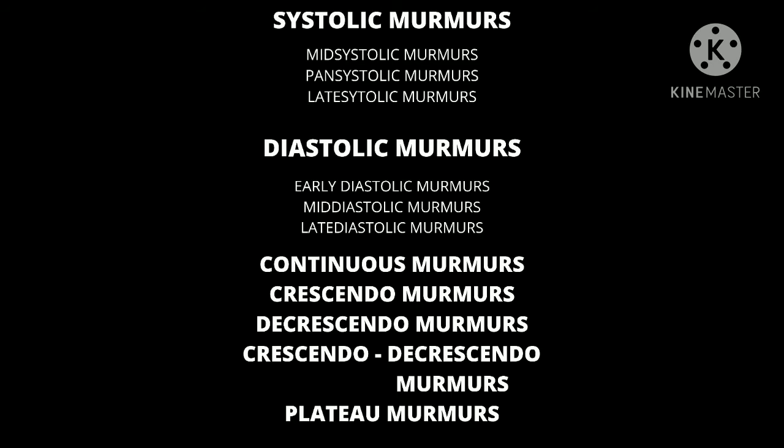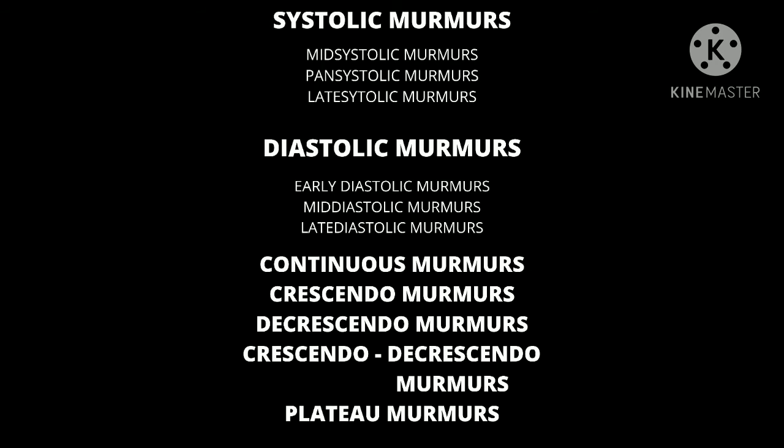Diastolic murmurs may be early diastolic, mid diastolic, or late diastolic. An early diastolic murmur starts immediately after S2 without a discernible gap, then usually fades into silence before the next S1. A mid diastolic murmur starts a short time after S2. It may fade away or merge into a late diastolic murmur. A late diastolic murmur starts late in diastole and typically continues up to S1.